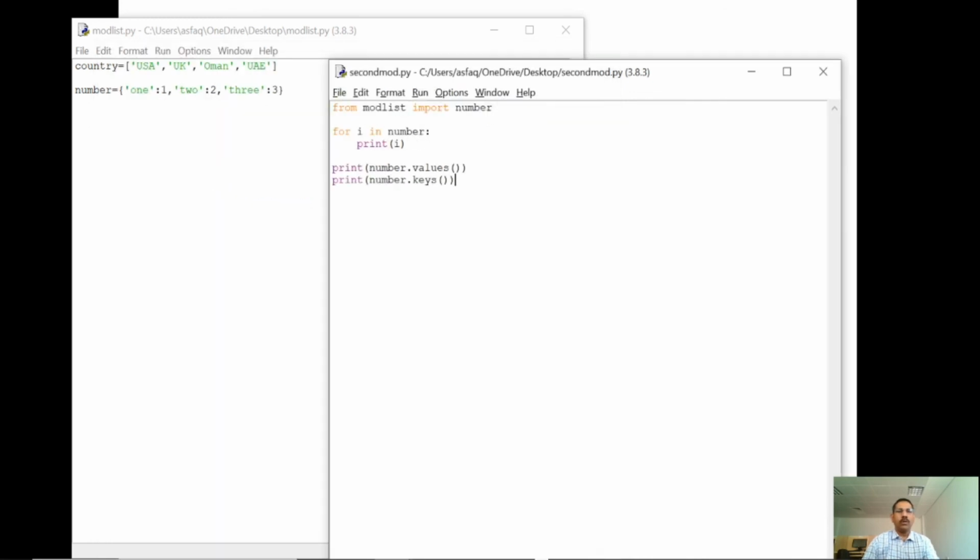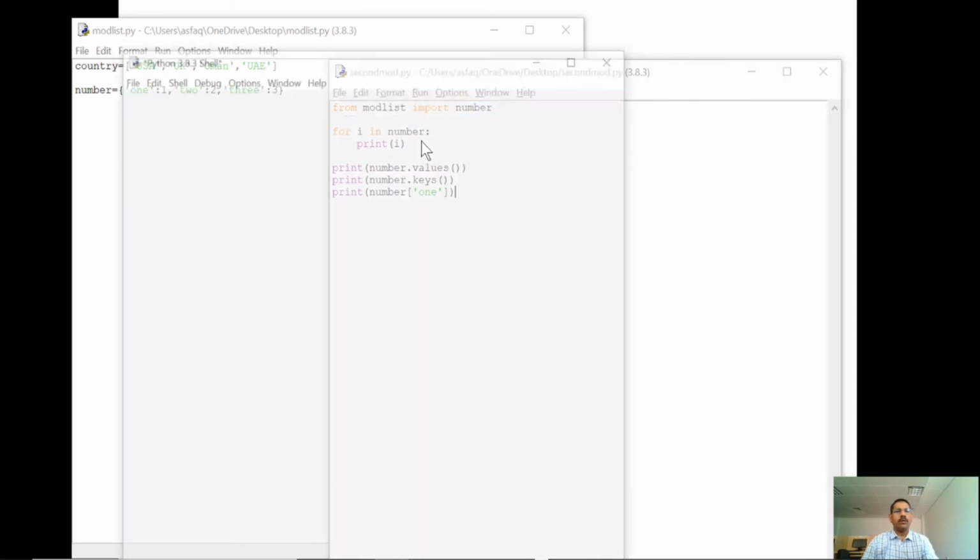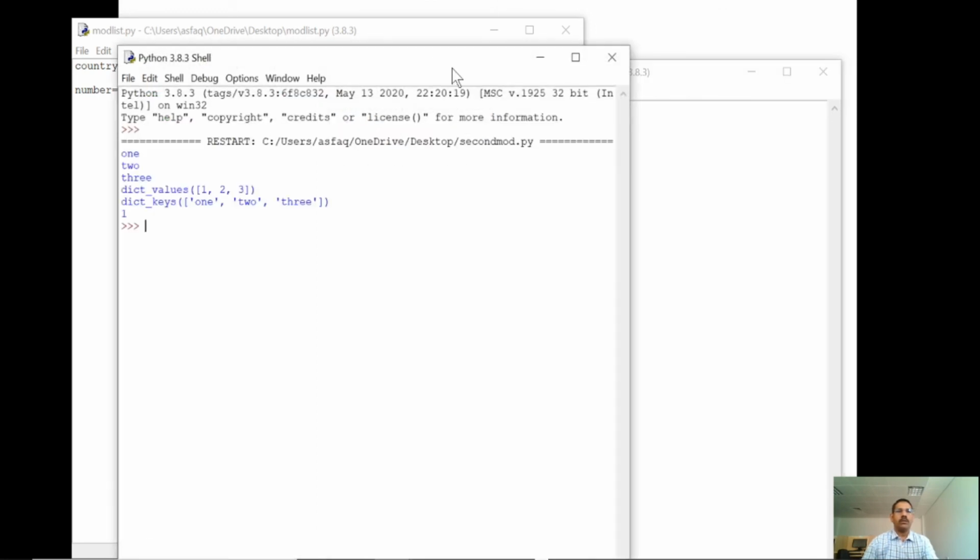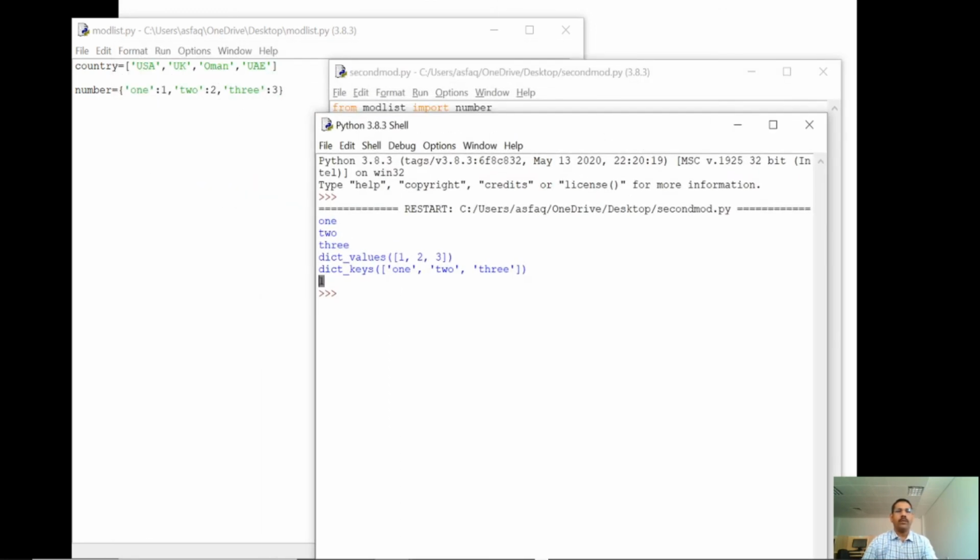Suppose you want only a particular one, print number dot one. I want only the particular key value. Just run it. This is the ordinary regular process, and it will print only the one.